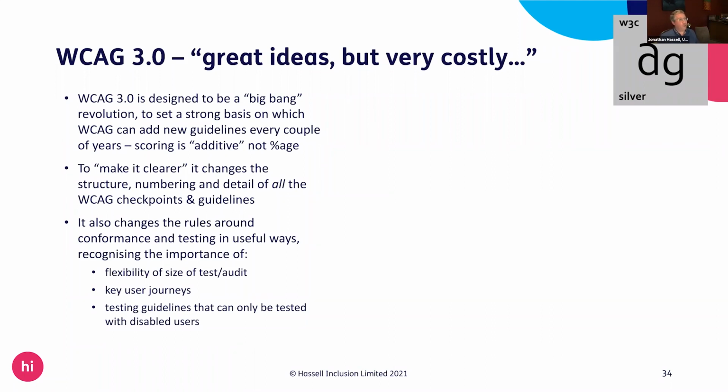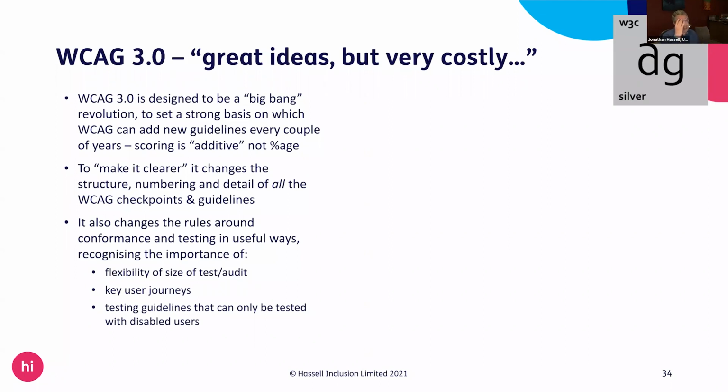All of that WCAG EO, the evaluation methodology, they're really starting to pull through, and they're starting to pull out stuff from ISO 30071 Part 1 that starts talking about the importance of user journeys. That's really, really key. So they are catching up on that. If you've got loads of problems in your product, but they are all on pages that no one goes to, that's not as important as problems on your homepage and problems on the key pages on your site. They're finally catching up with that, which is really good.